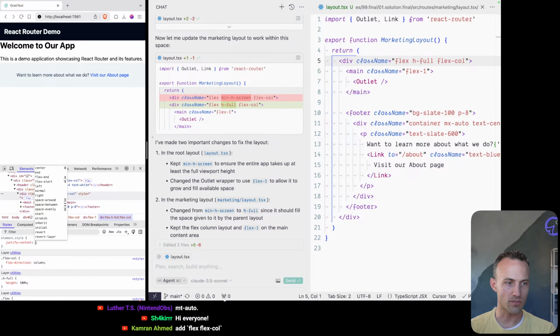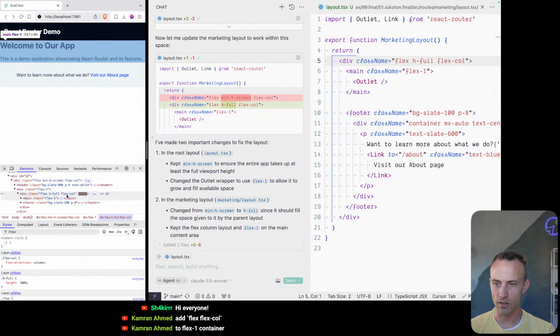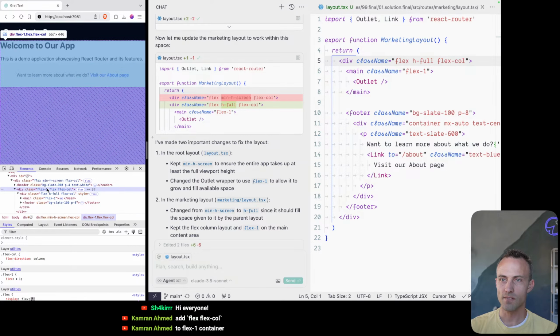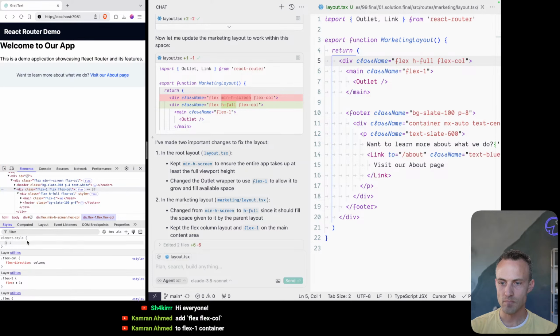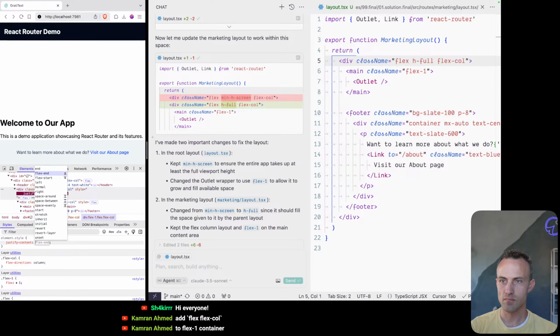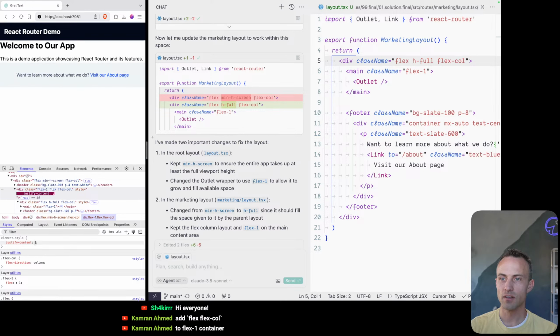Add flex and flex column. We are, yeah, we're on a flex column right now. To the flex one container? Oops. Yeah, that's not doing it. Maybe this needs the